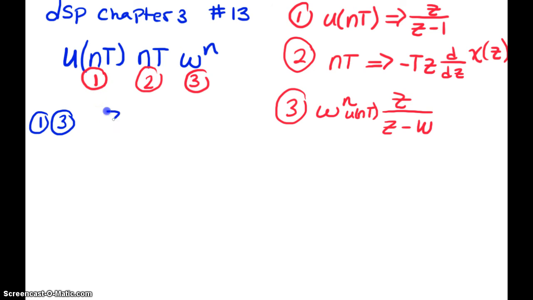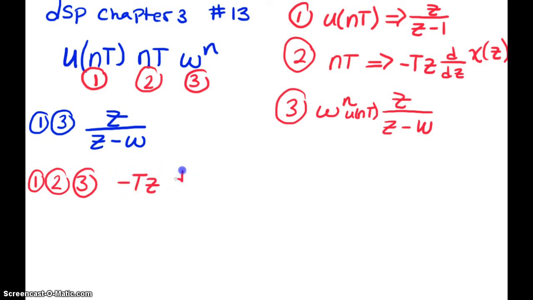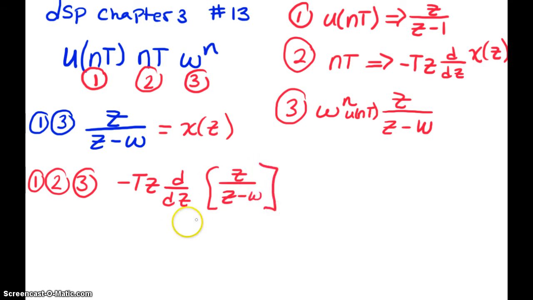So those together, we're going to get z over z minus w. And now we want to do the second one, so we're going to do 1, 2, and 3. So we have negative zT, and then the derivative d/dz of our x of z, and we can call this our x of z since it's the rest of our function. So we have z over z minus w. So whenever we do the derivative with respect to z, we're just going to get negative Tz, and then we do